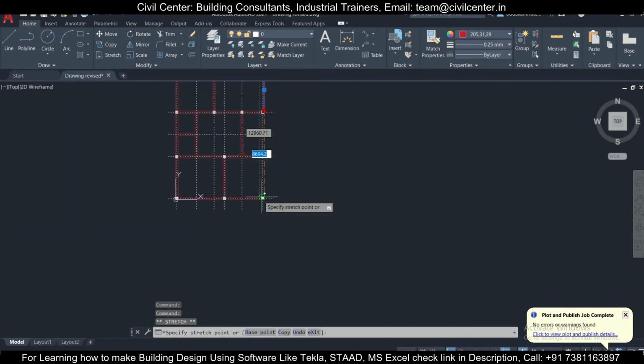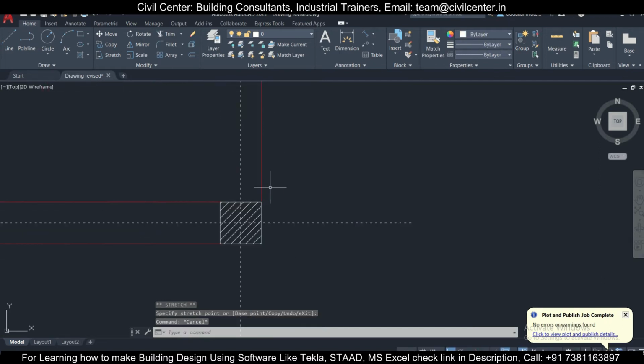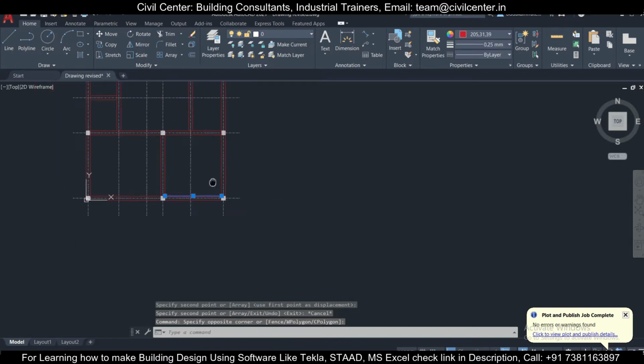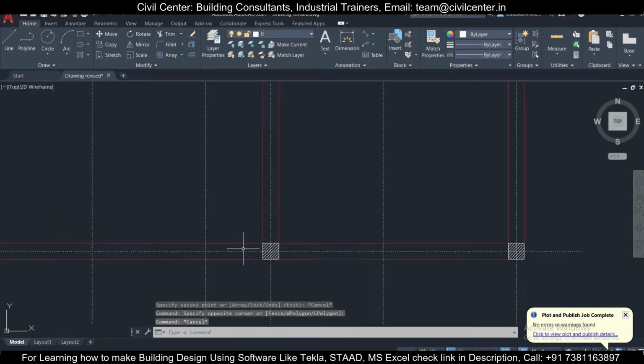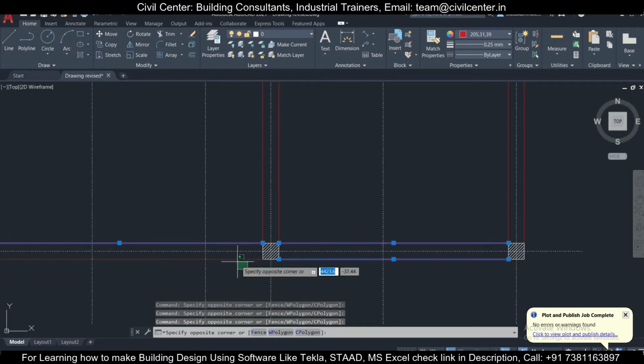Now extend this and then we can copy this. Select, copy. So now this bottom part is remaining. Let's do the remaining bottom part.